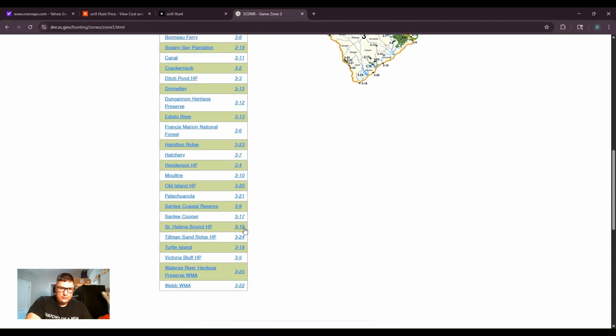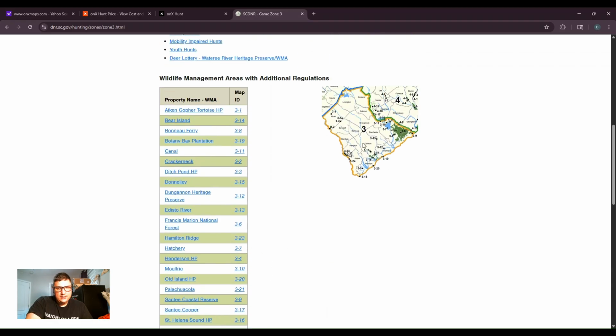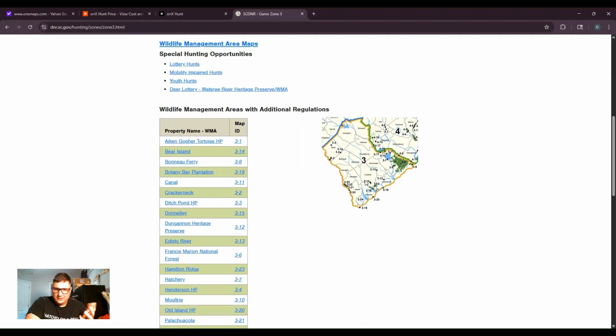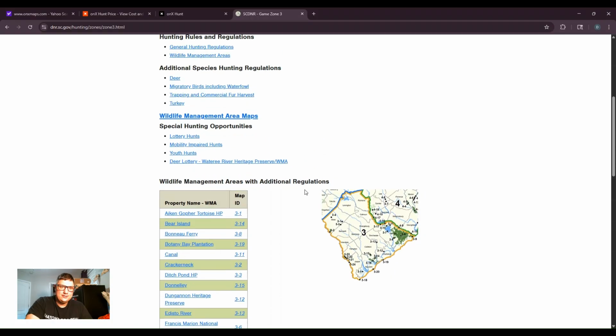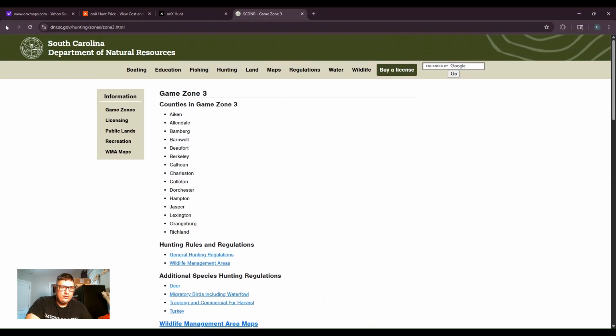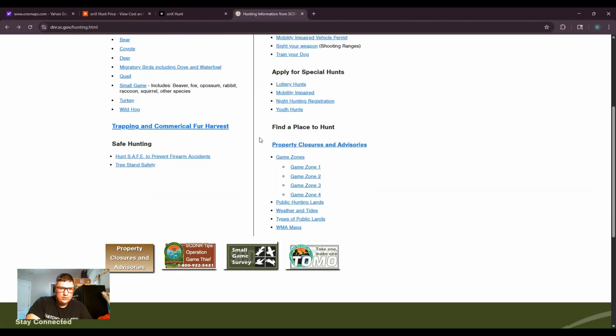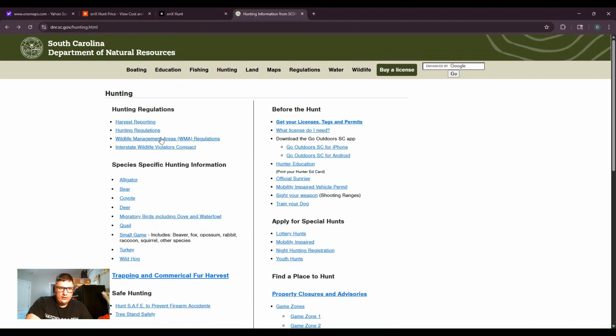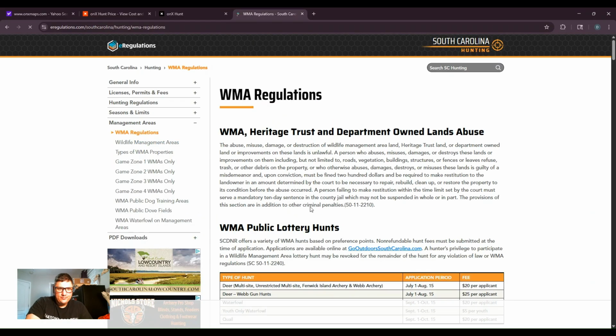And it tells you all the different WMAs, and it gives you a map of approximately where those WMAs are. But that's very vague, right? Like, that dot right there, how do I get to that dot? It's not very descriptive. So I would go up to Wildlife Management Area Regulations,